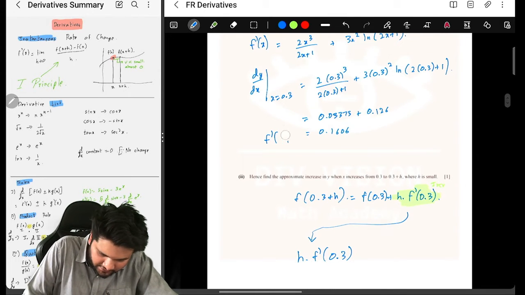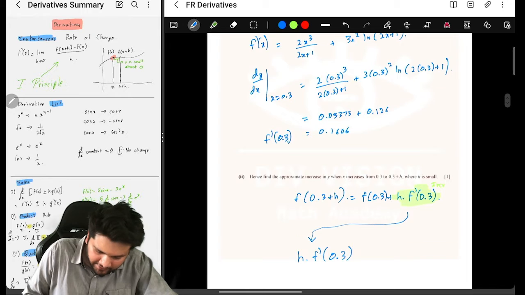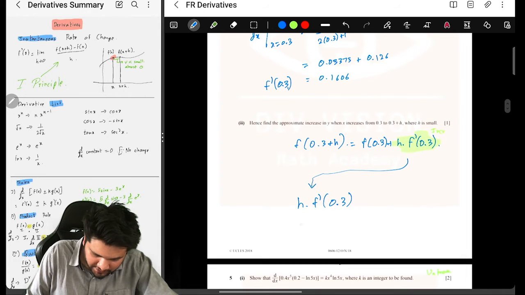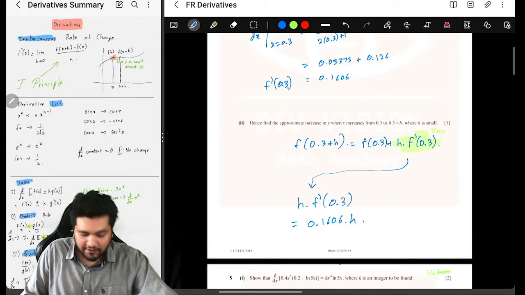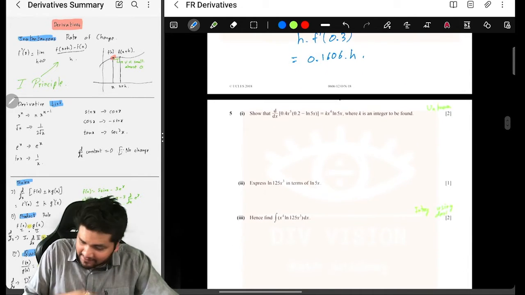Sorry, this was not f of 3, this was f of 0.3, which we already found, which was 0.1606, and that is nothing but 0.1606 into h. That's going to be the amount of increment which will happen. Same